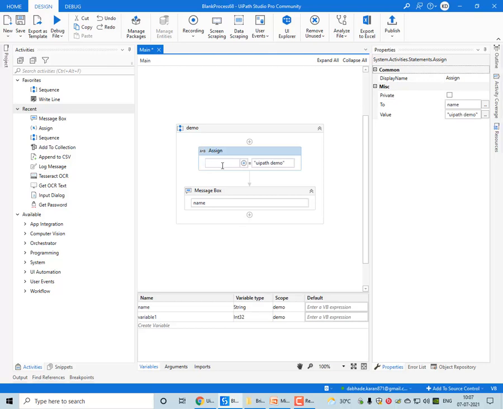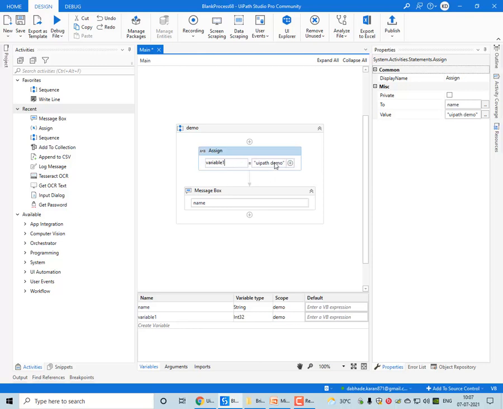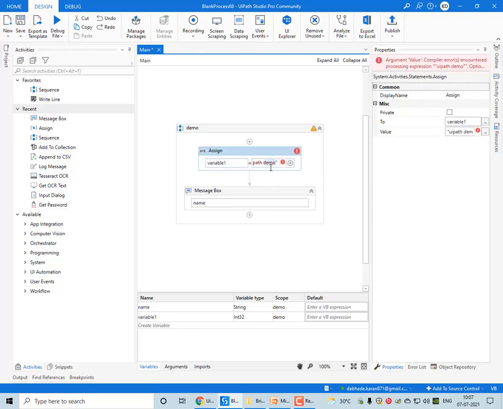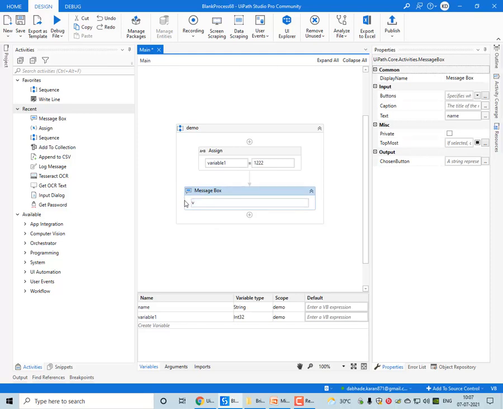Now here I am calling the variable and it should have only an integer value, without any double inverted commas. Simply calling the variable dot toString.